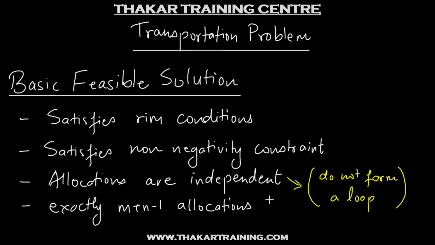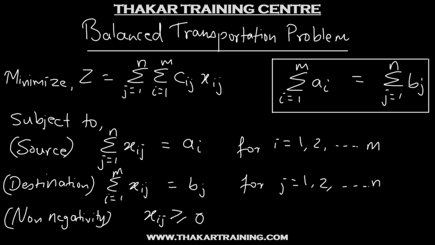So these are the conditions that the feasible solution or the basic feasible solution should satisfy before you begin to optimize the solution. Now as discussed earlier, the balanced transportation problem is a linear programming problem. So it can be solved using the simplex method. However, since the number of variables involved is large, the number of computations is much more and hence using the simplex method becomes more time consuming and laborious. Also, the simplex method will start with a basic feasible solution that is quite far away from the optimal solution.